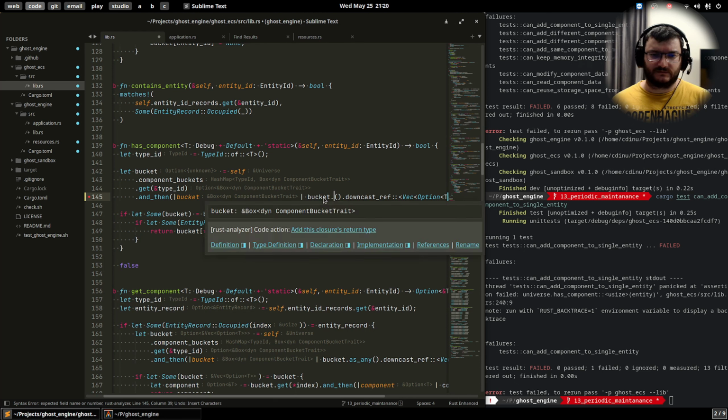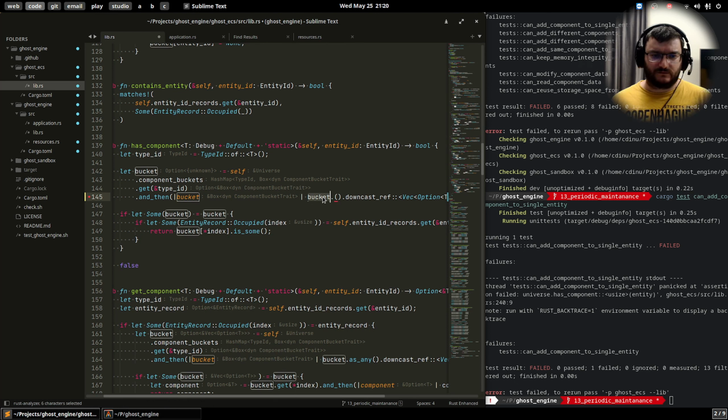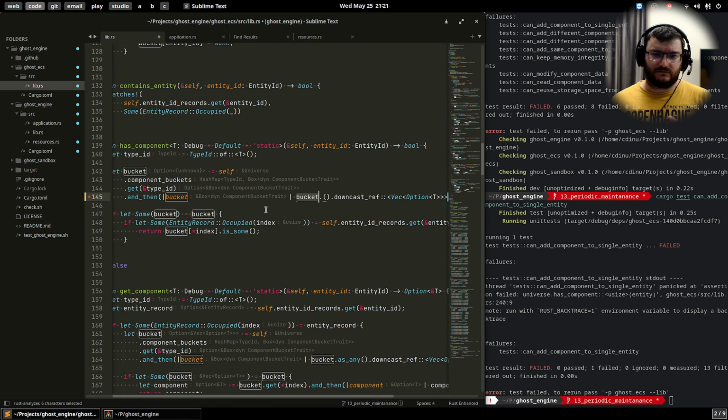I'm not satisfied. So at this stage, bucket is a reference to a box. Okay, let's go with this into API, into_any, and then